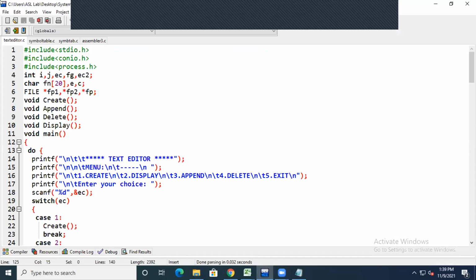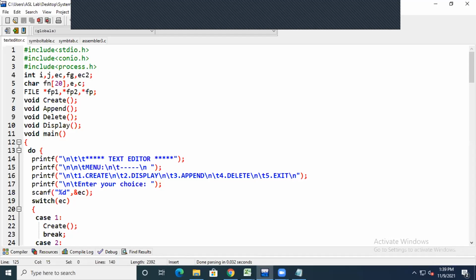So we had done with the two programs, that is experiment 4 and experiment 5. The fourth one was your simulation with your text editor. How you are using the text editor for your simulation. That is for creation, how you are going to use the text editor, how you are going to append, how you are going to delete the files, how you are going to display the particular content.